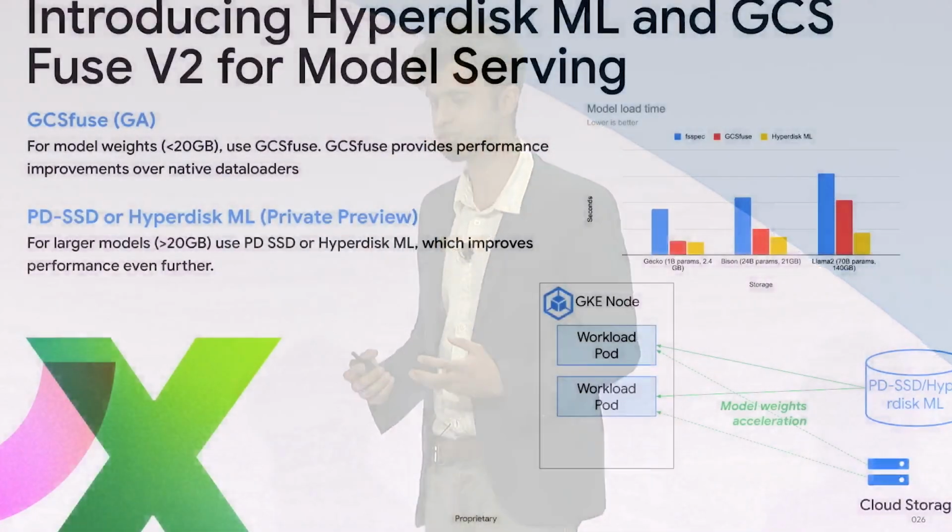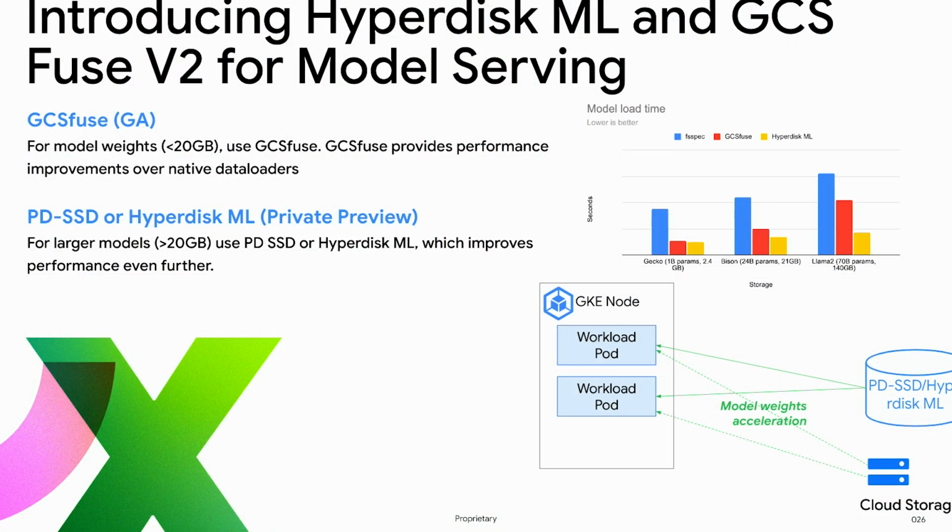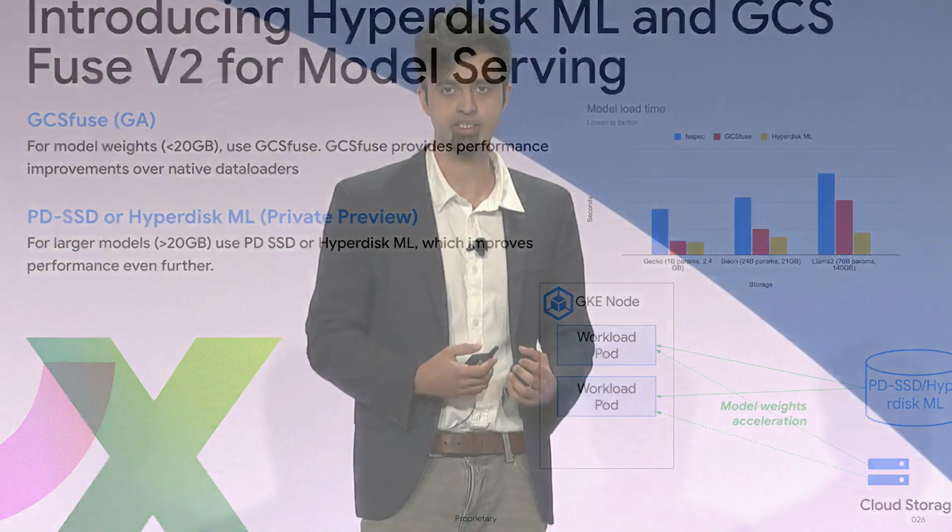And we're also introducing, well, PDSSD has already been around, but we're also introducing Hyperdisk ML, which is the newer, more modern block storage offering from Google Cloud. And those can be used in a read-only many pattern. So you can load your model weights into something like a PDSSD, and Prasanth will be talking about it as well in his talk and how he's been able to use that pattern and accelerate load times at PixelCut. But yeah, that's another pattern which we see customers use. So these are the two techniques you can use together to accelerate your times.